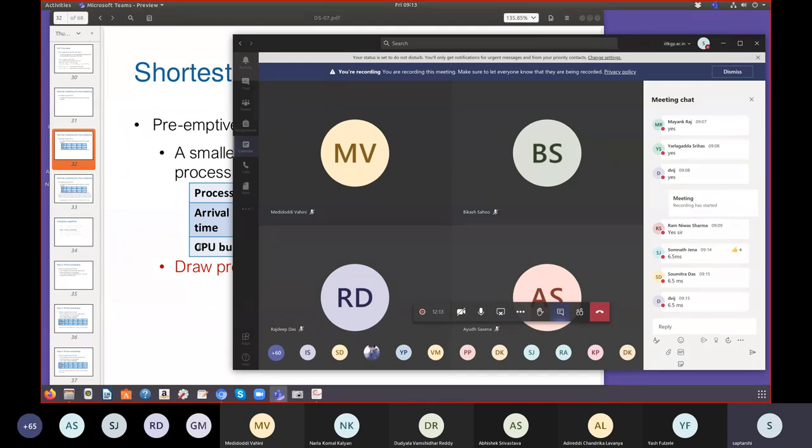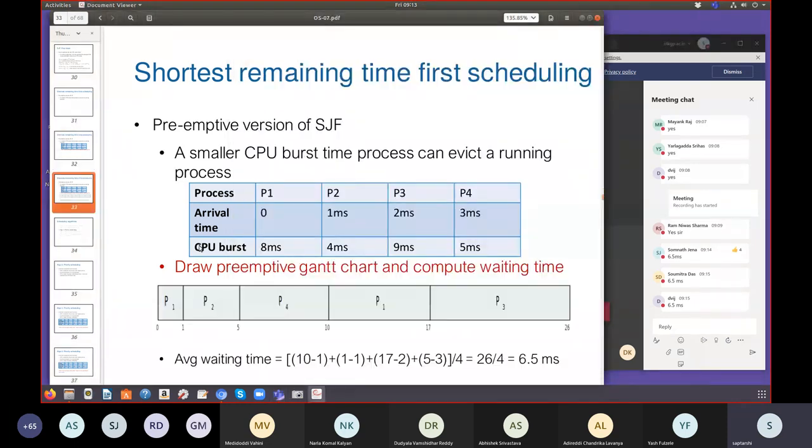Okay, let me proceed. So the 6.5 millisecond answer is actually correct. Let me just explain how things are happening. As I said, at time t equal to 0, there is only P1 in the system. So that will start running. But at time t equal to 1 millisecond, P2 comes in. So now the kernel sees that